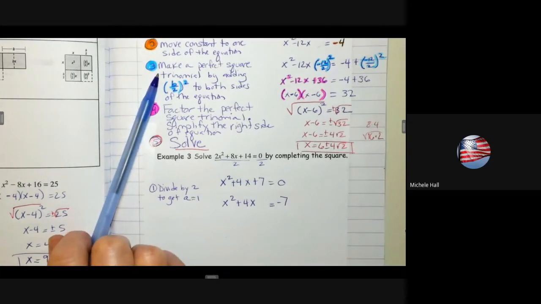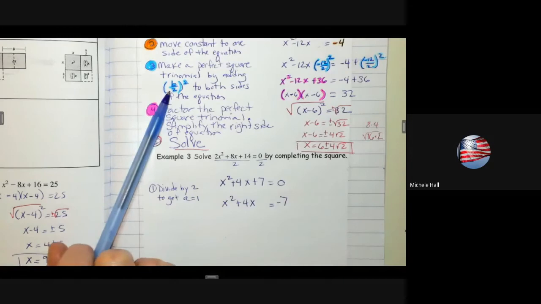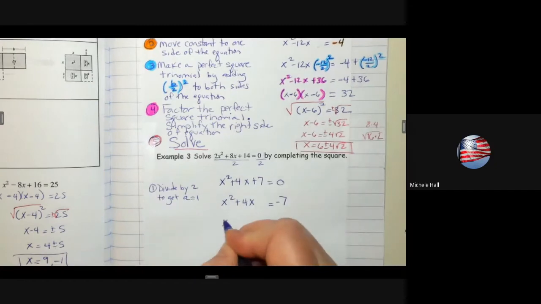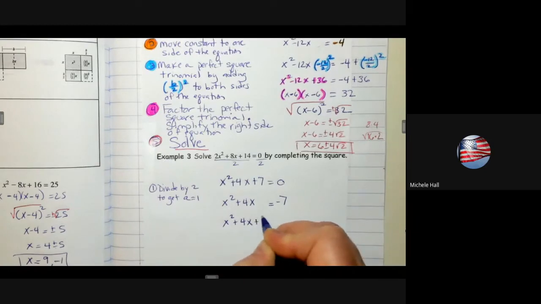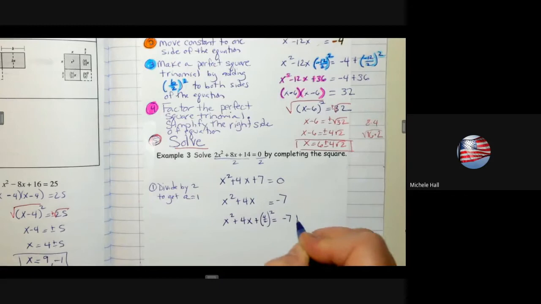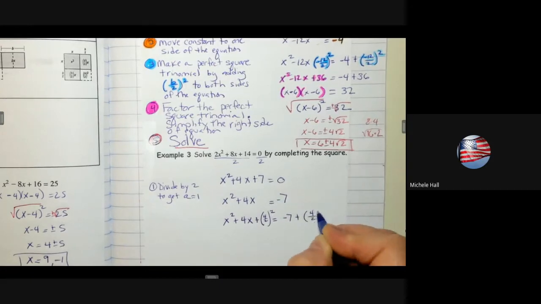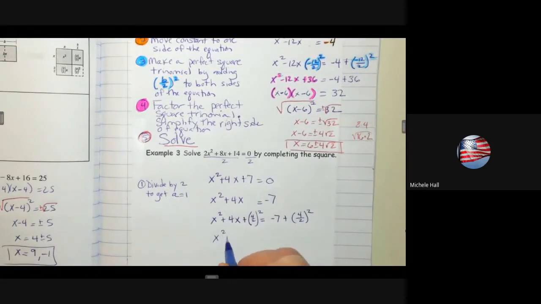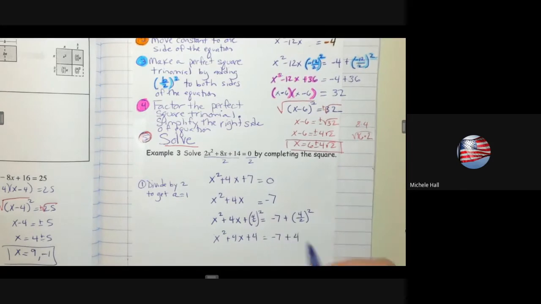Step 3, make a perfect square trinomial by halving the b term and then squaring it and then adding it to both sides of the equation. So we have x squared plus 4x, and I need to add that to both sides of the equation. So we're going to half the 4 and then square it. Negative 7 plus half of 4 squared. So x squared plus 4x, half of 4 is 2, and 2 squared is 4,